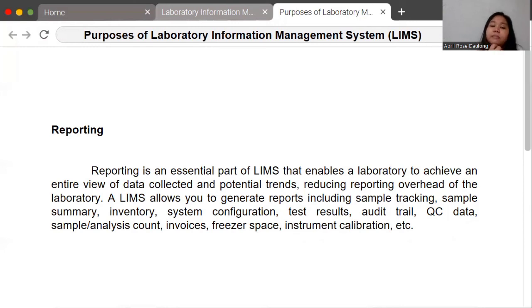The LIMS is an efficient tool to maintain accurate and timely reporting. The system can automate daily, weekly, and monthly reporting tasks. What is more, readings can be taken directly from equipment into the system to produce reports with the highest possible accuracy. So mga reports siya sa mga